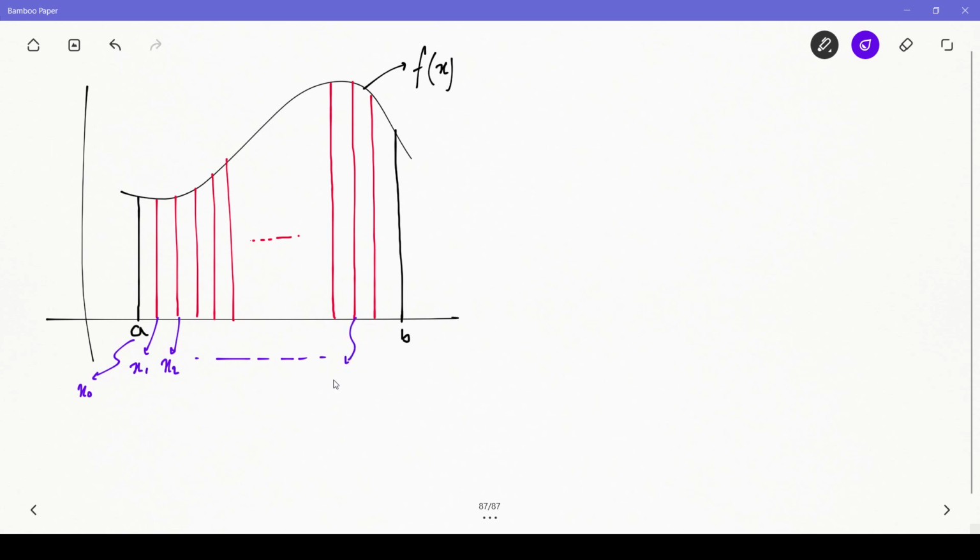Okay, this will be what? So this is xn. We know x minus 1, so this is xn minus 2, and this is xn minus 1. And we know the upper limit b will be for sure xn, the x sub n, right? Because we are taking n segments where n is even. Fine. So now that we know the labels of each of our right hand sides of our segments, what we